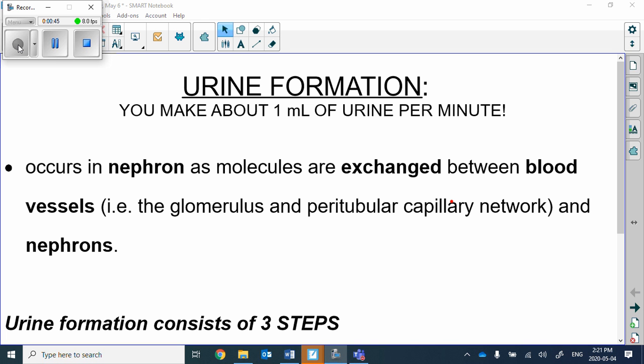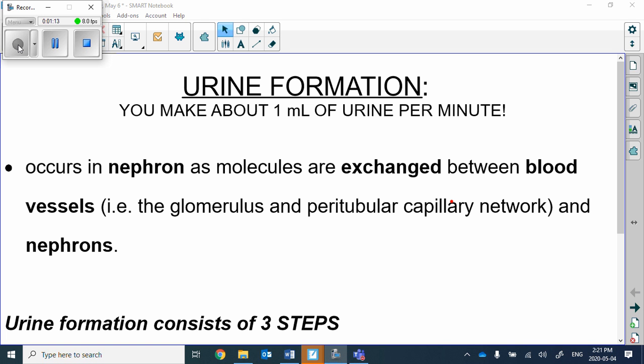You make about 1 milliliter of urine every minute. And urine formation occurs in the nephron. So molecules are exchanged between the blood vessels. So your blood vessels in your kidneys, the renal artery brings all the blood from the heart to the kidneys to be filtered. Renal artery breaks down into arterioles, and that afferent arteriole brings the blood to that capillary tuft